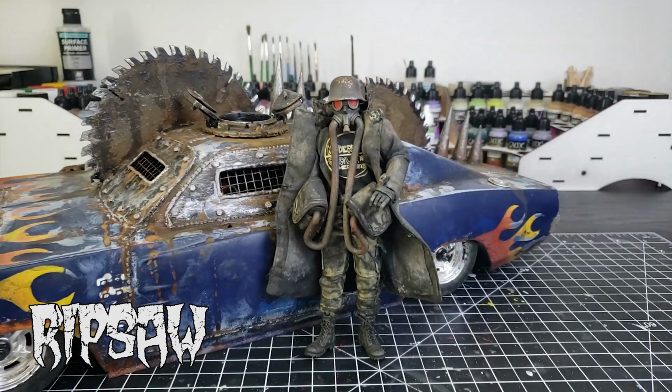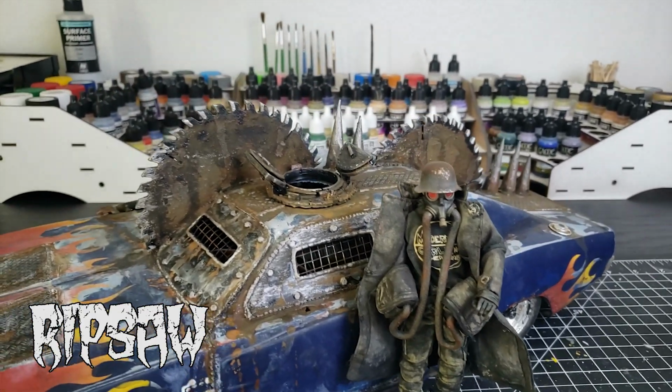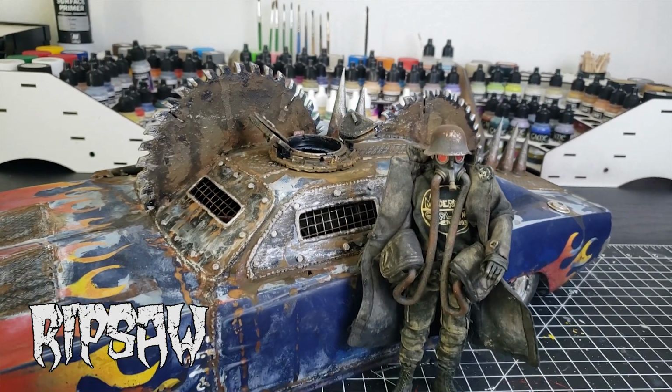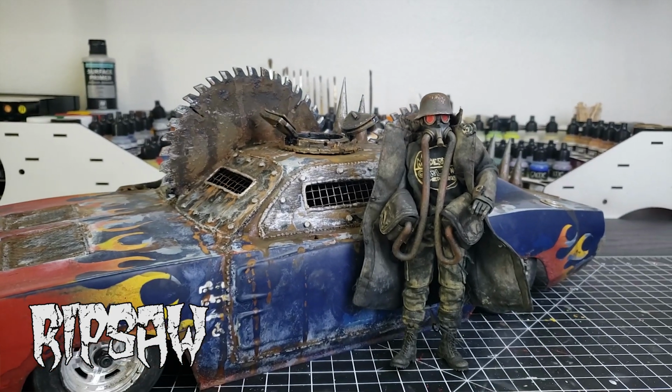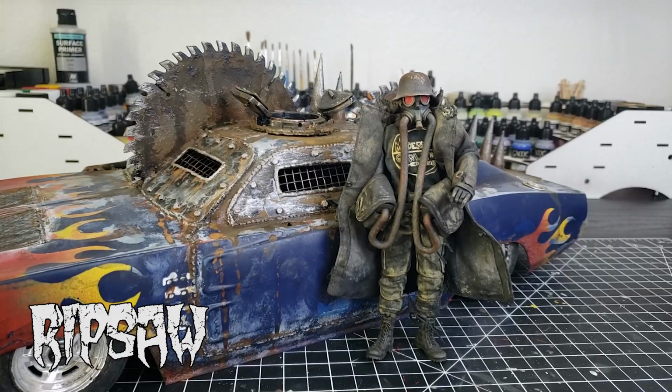So if the vehicle's driving around with the driver inside, we can have the closed hatch attached. If the vehicle stopped and the characters are outside the vehicle, we can have the open hatch attached. Gives a little more realism, like they actually got out of the vehicle. But speaking of getting in and out of the vehicle, we need a character that does get in and out of the Ripsaw. We have that character already, but we need this character to be able to sit inside of the Ripsaw, which can be a bit of a problem